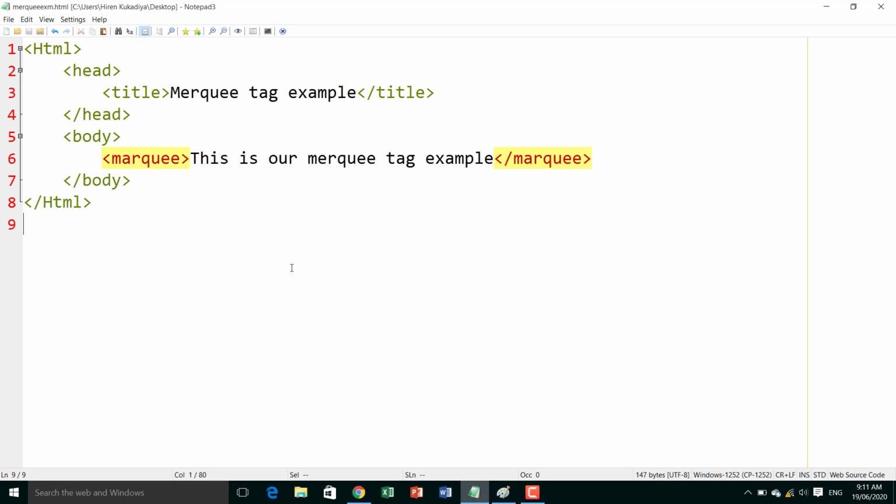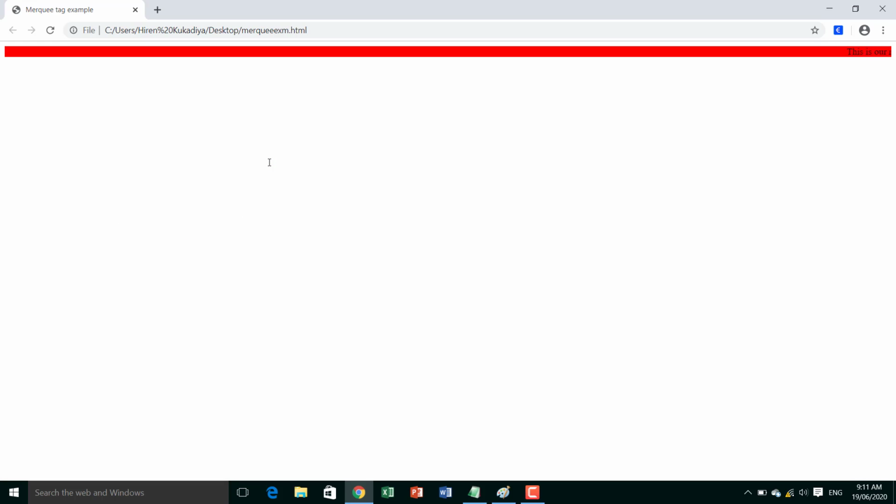Now we will see any attribute. Like here we will take the attribute bgcolor equals red, and again run this program. You will see the red color.